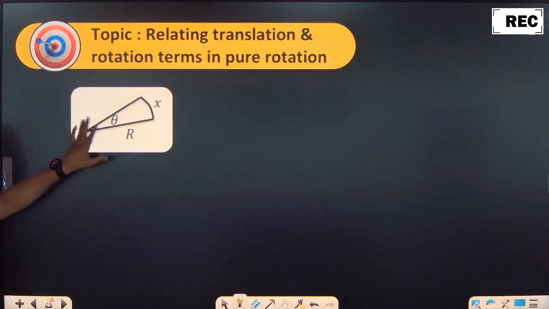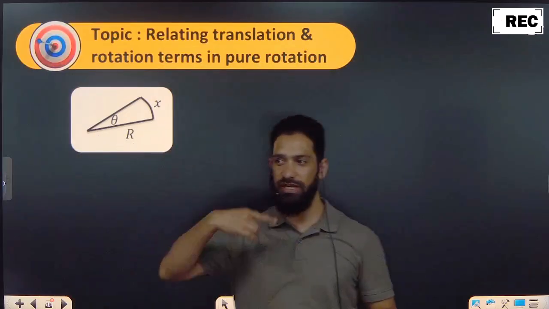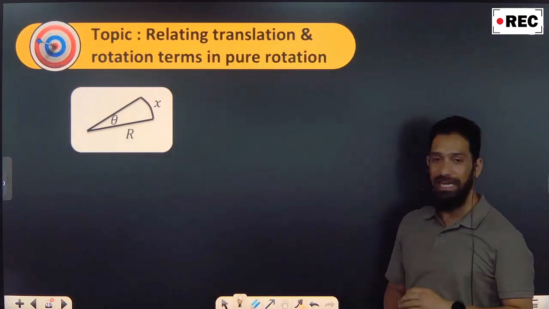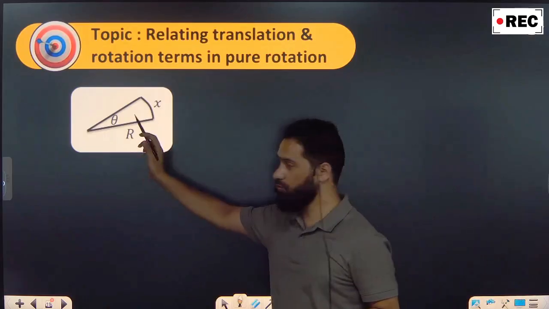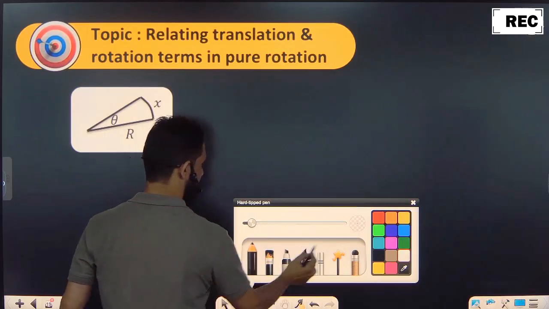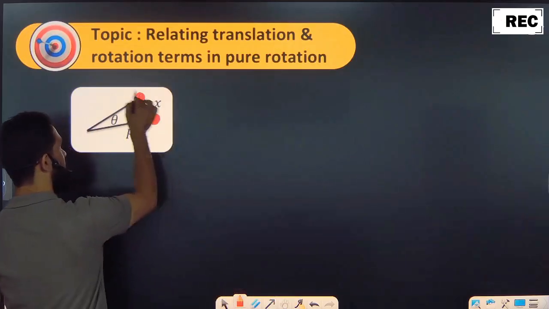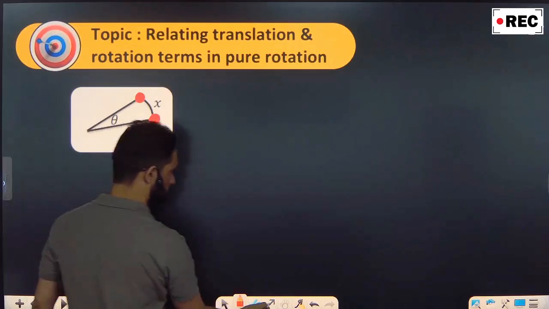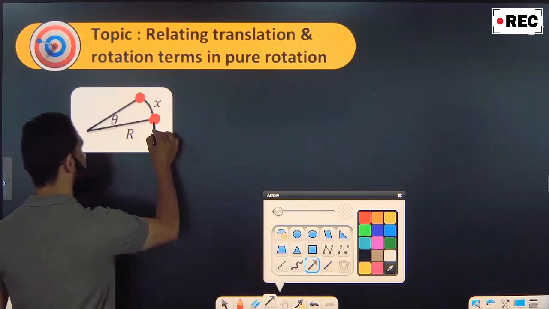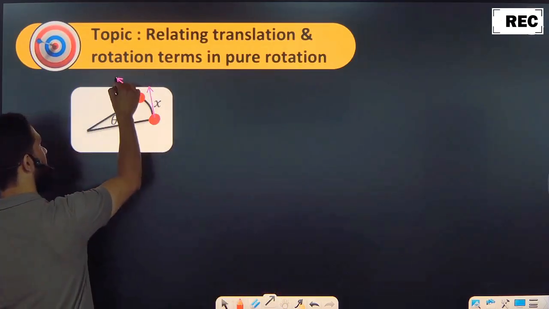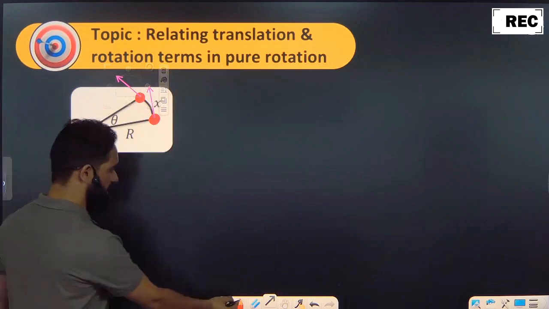Relating translation and rotation. Now see, whenever the body is actually rotating, so anyhow it also has the other normal distance, speed, वो चीजें भी होती है ना इसके साथ. So whenever say there is a body, it's rotating like this, so obviously it is having at this moment some velocities also. We call that linear parameters. It covers a distance.